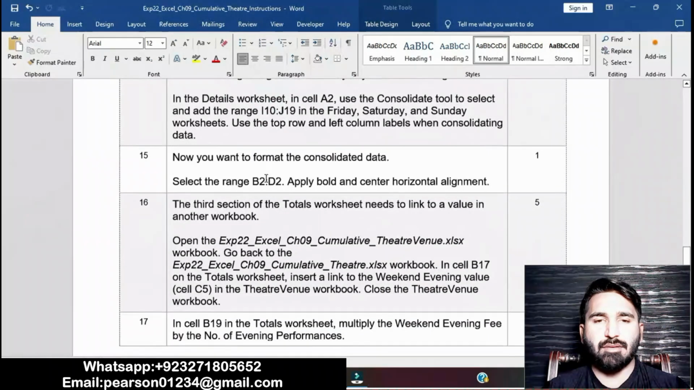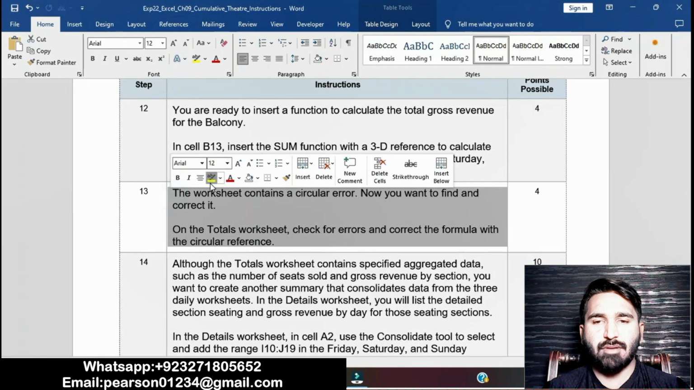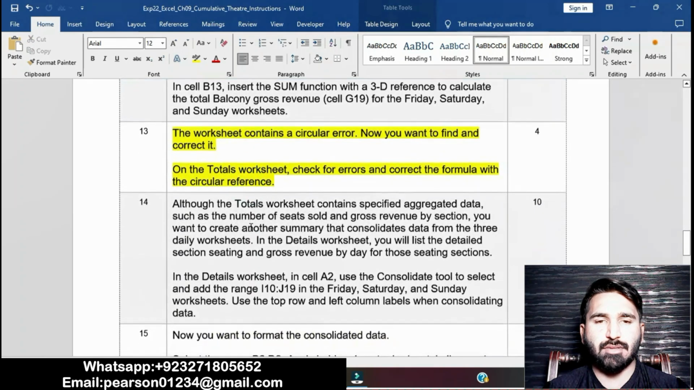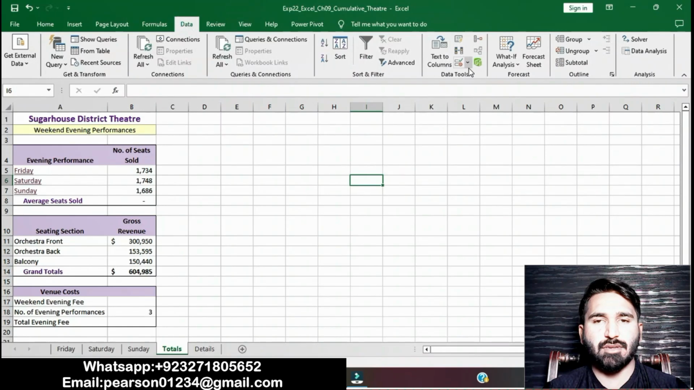Question number 13 is that on the total worksheet check the error and correct the formula with the circular references. On the total worksheet check the error and correct the formula with circular reference. Basically we will have to move to the total worksheet and check errors, go to data tab, go to